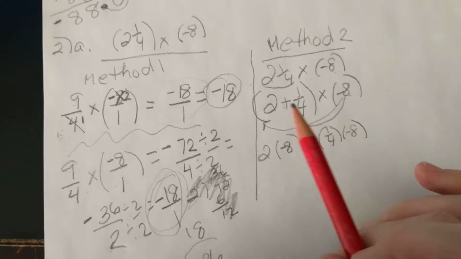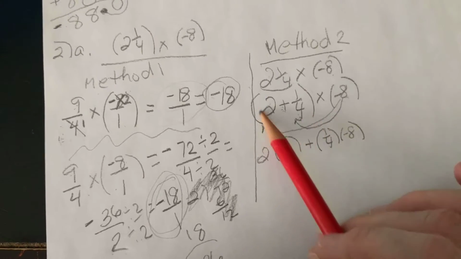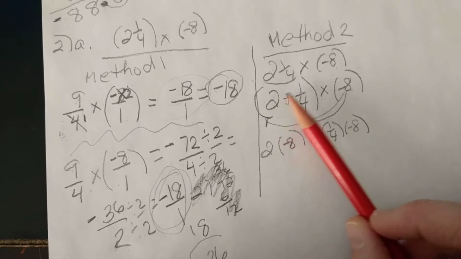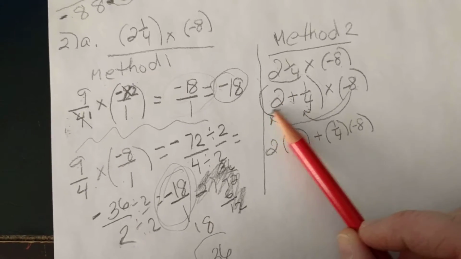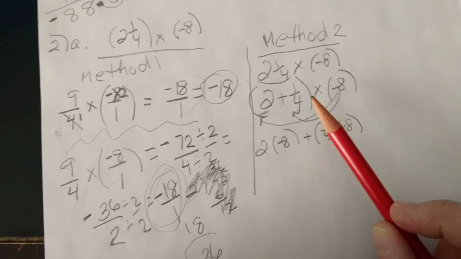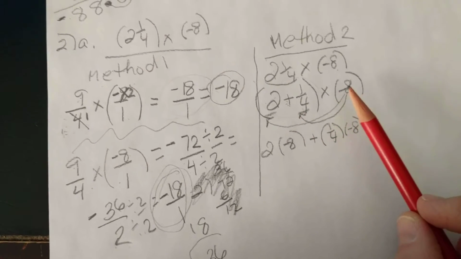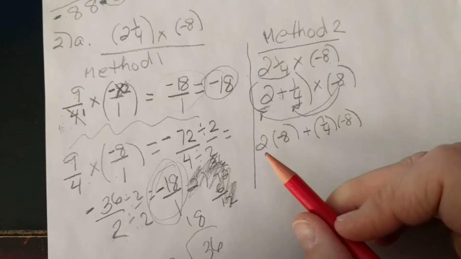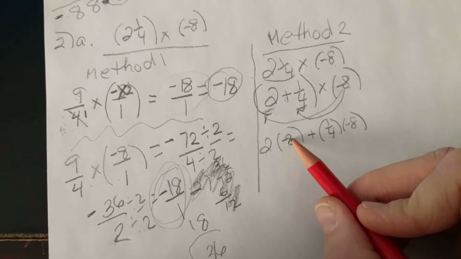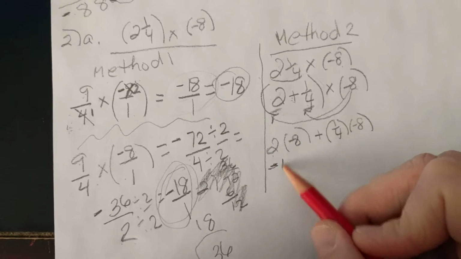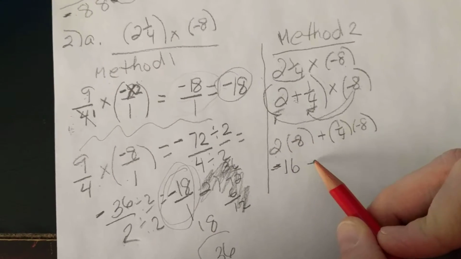So let's repeat. I want to take 2 1/4 and times it by negative 8. But instead of doing the entire number all at once, I'm going to take the 2 times it by negative 8. And I'm going to take the 1/4 and times it by, sorry, I keep saying 8, I mean negative 8. So here, negative 8 times 2, we get negative, signs are different, 16, plus,